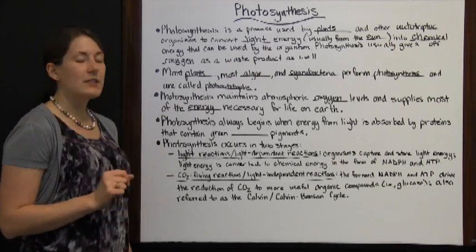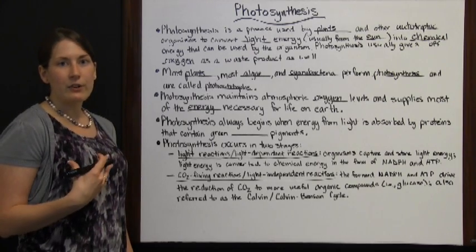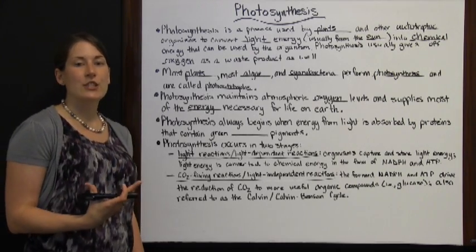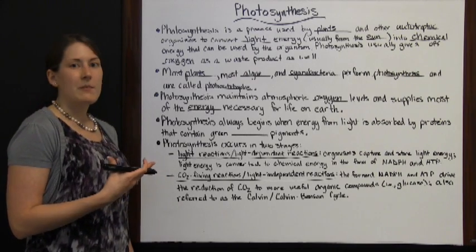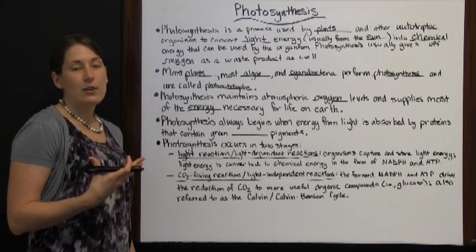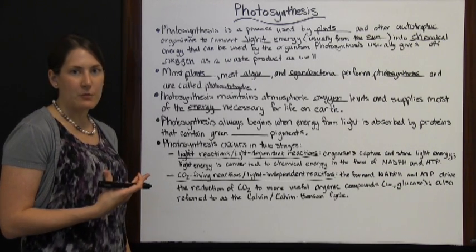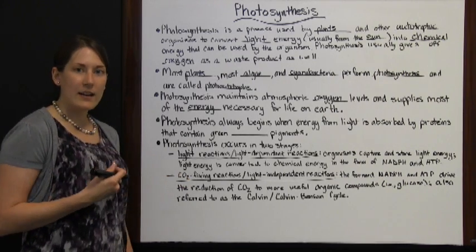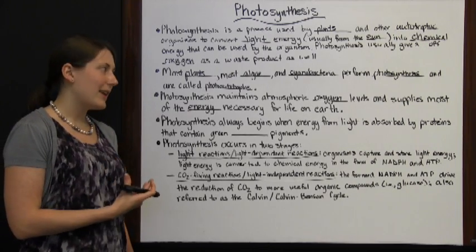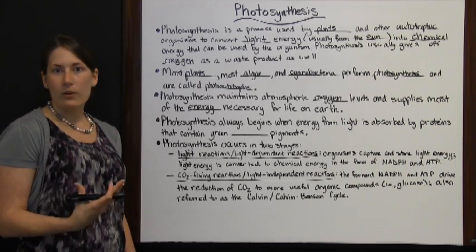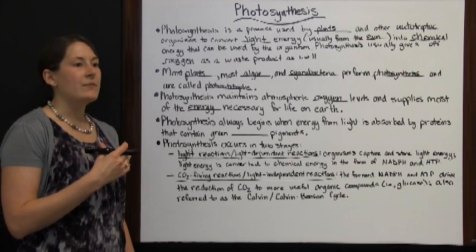It also supplies most of the energy necessary for life on Earth. Even though you don't feel like you're eating light or getting your energy just from light, if you eat a vegetable, then you're eating something that has only been able to grow because it used light energy to provide nourishment for itself. So you are now eating that plant, which got its energy and was able to grow from light. If you were to eat a cow, if you had beef, if you had a hamburger, then you would